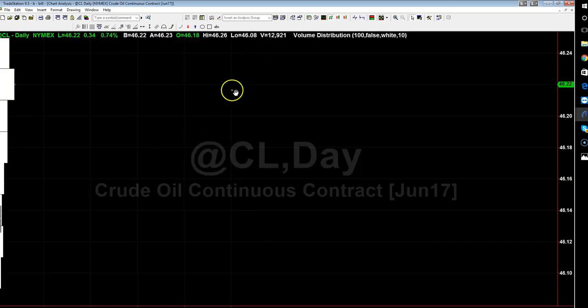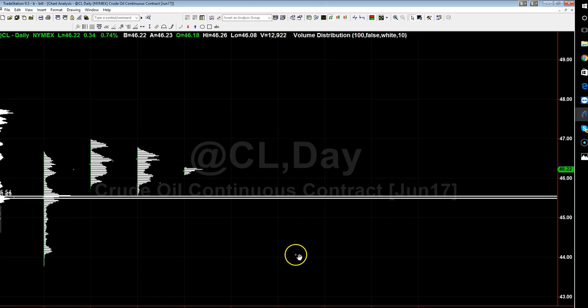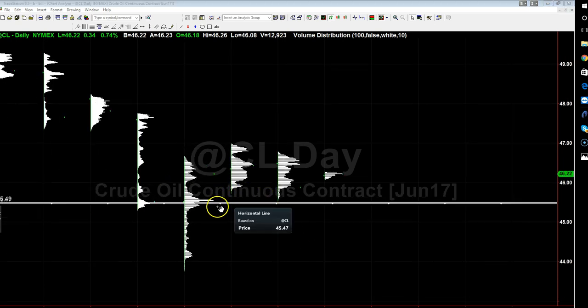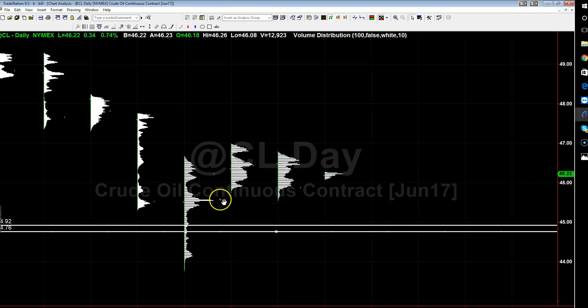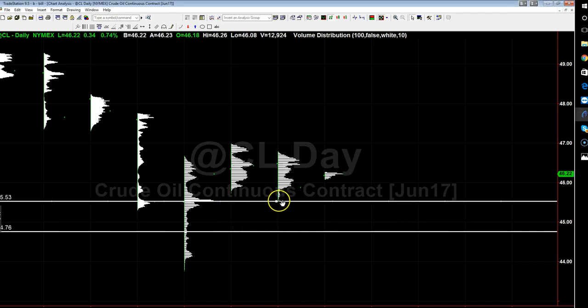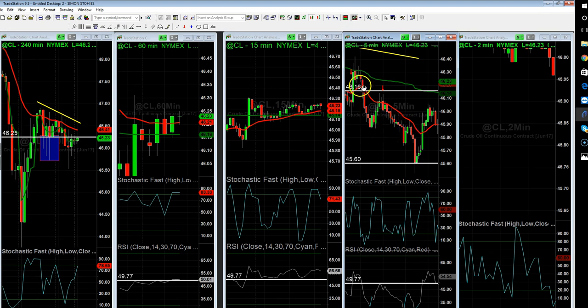And what you'll see is, bring that in so it's readable. There we go. So what you'll see is that I looked for very distinctive profiles within the volume profile chart. You'll see this is very distinctive, very large. You can see we came down and we tested exactly to the tick this HVN at 45.53 and then found responsive buyers back up.